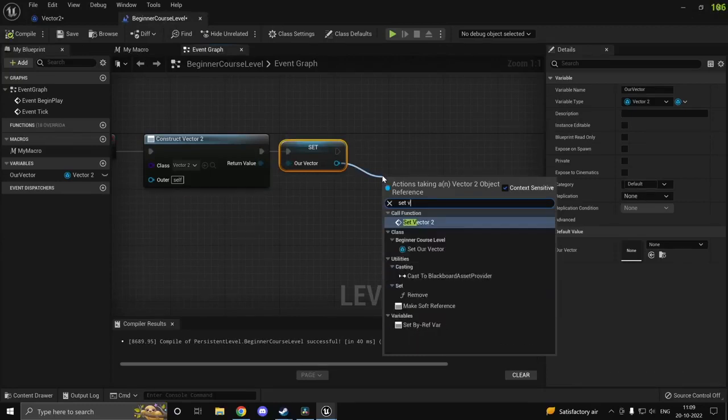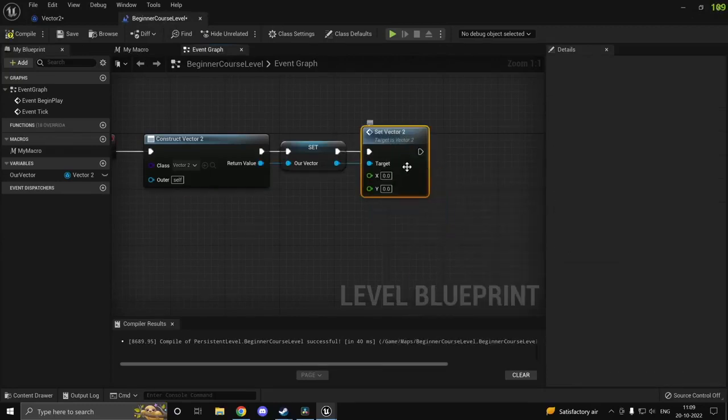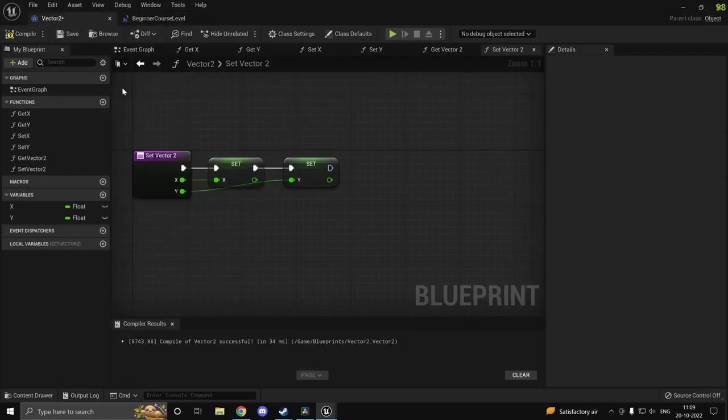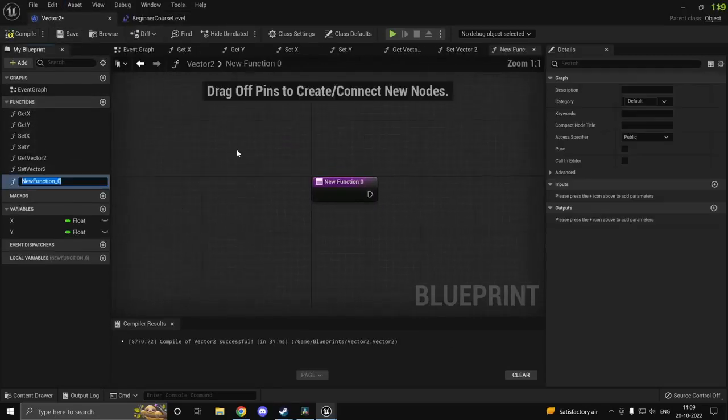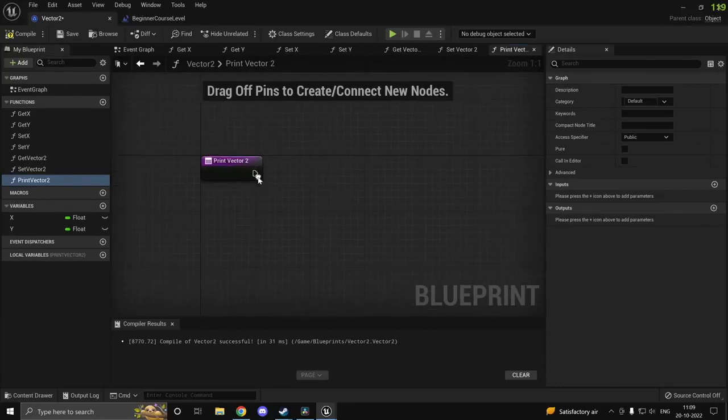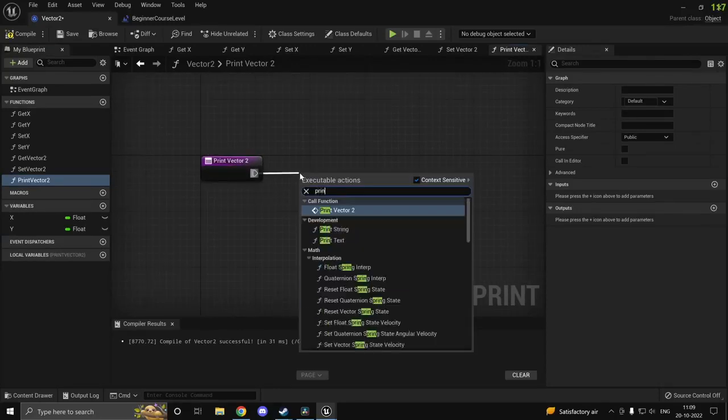So now if I type in set vector 2, you see I can actually set its value, and the target is our vector, so we are adjusting this value. And we could go ahead and write in a few more functions. So for example, we could write a function to print the vector 2. So print vector 2. So we can go ahead and type in print string,